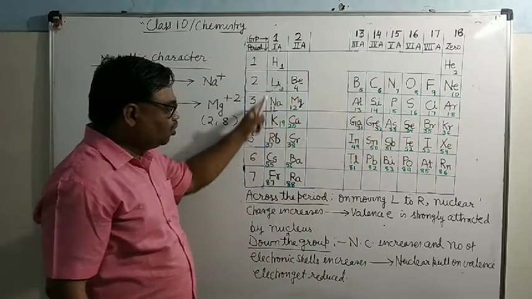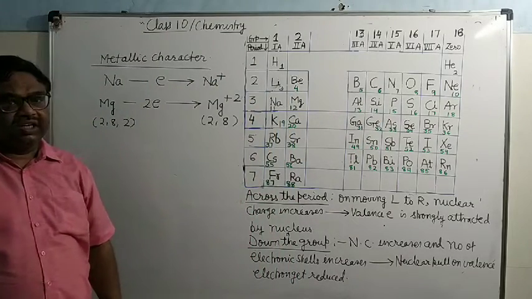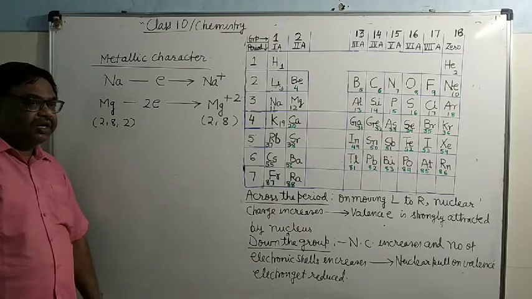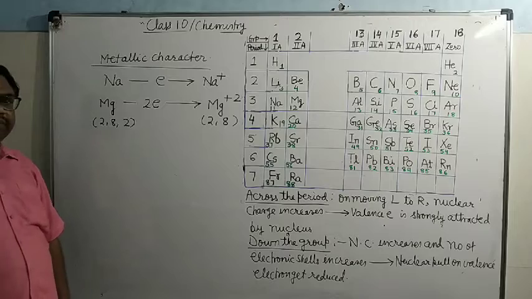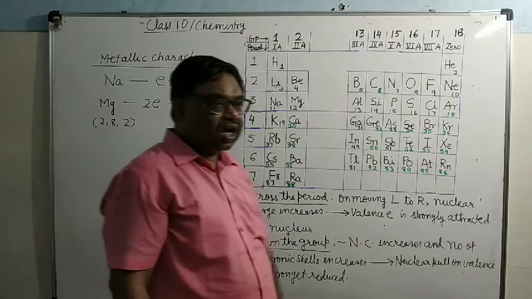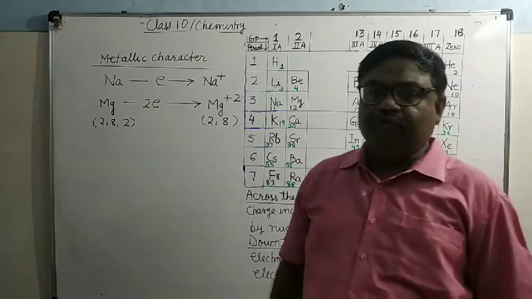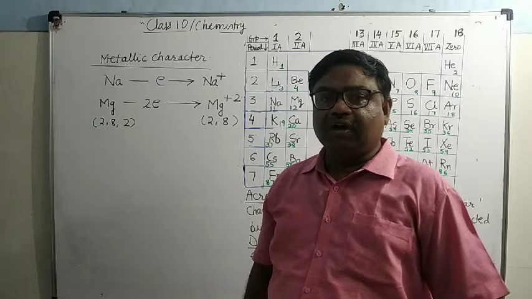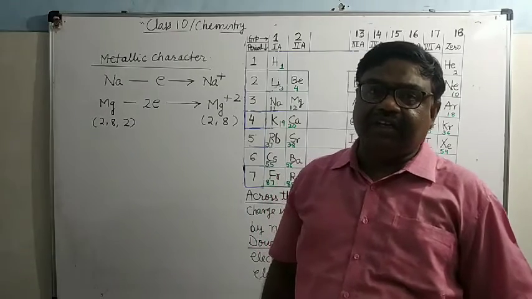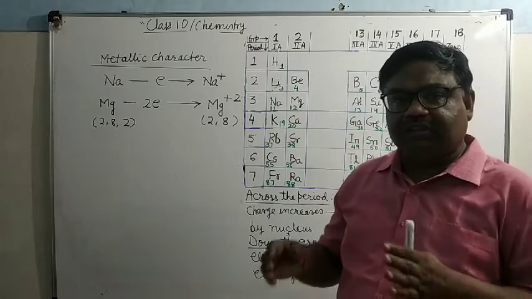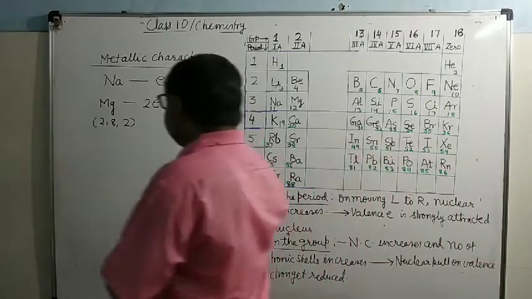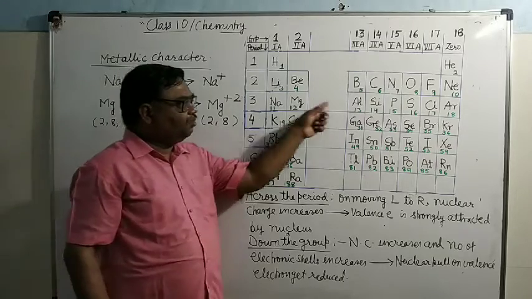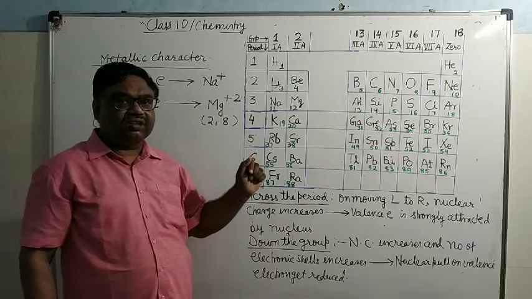When we are moving down the group, nuclear pull is decreasing. Now see here, once again you come at the metallic character. Metallic means those elements which have a tendency to lose the electron are called metallic. Now one which is losing the electron with great ease will be more metallic. One which loses the electron with difficulty is less metallic. So if you see here, when you move left to right in any period, nuclear charge is increasing,